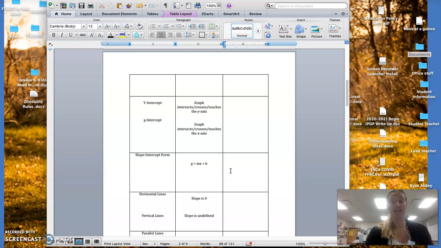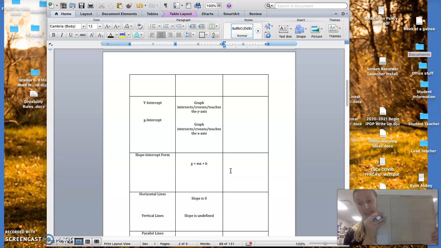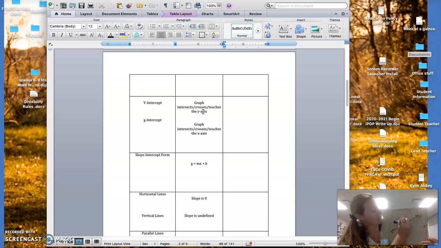Okay, an x-intercept and a y-intercept. So if you look at a coordinate plane, there's an x-axis and a y-axis. And if I have a line, oops, I don't want to draw that line. Okay. The y-intercept is where my graph, in this case it's a line, but it could be any graph, will cross or touch my y-axis, which is